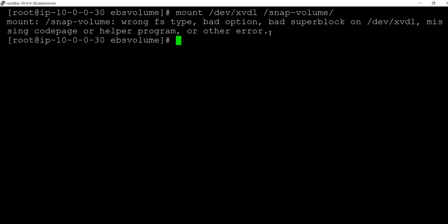Bad option, wrong fs type, bad option, superblock. Okay, whenever we are mounting it, it is coming like this. So what is the error we need to give?